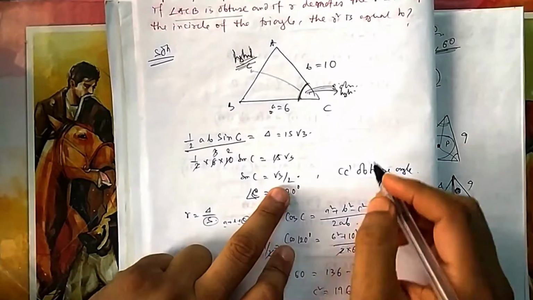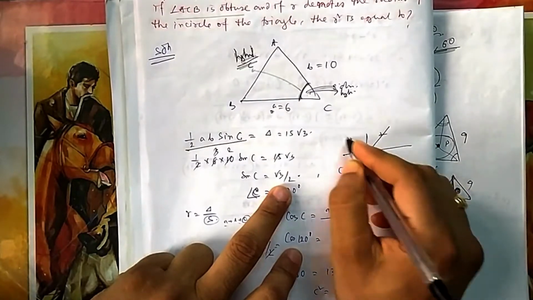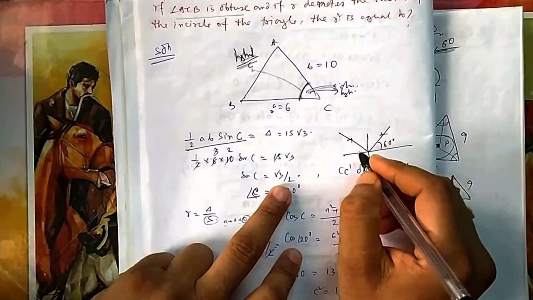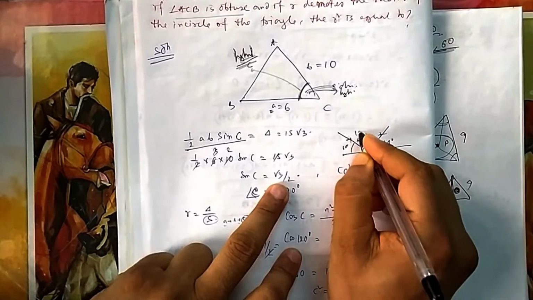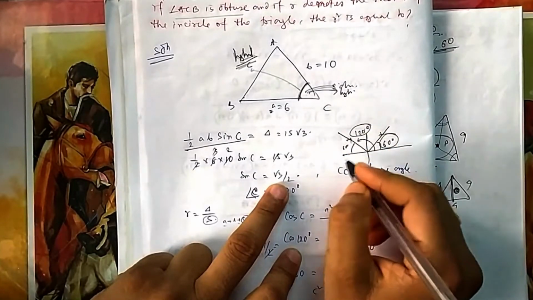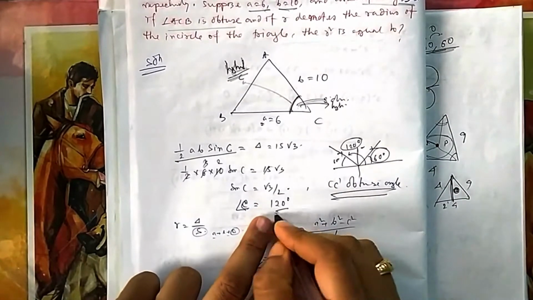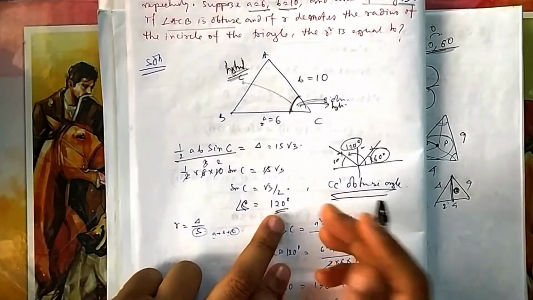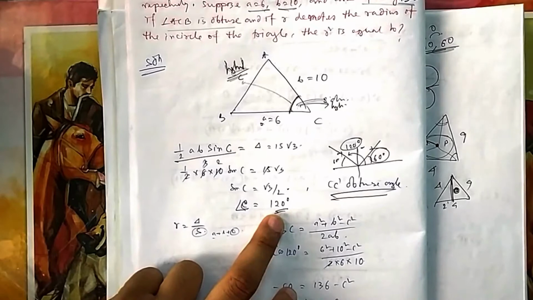Now which C will you get? Sin C is √3/2, and sin is positive here also, here also. So you will get two answers. One is 60 degree, sin 60 is √3/2, and the other is on this side, which is 120. So which one will you take as the answer? You should take 120 because they have given that C is an obtuse angle. So this is the main criterion. If you take 60, it is wrong. You cannot proceed, the entire thing will be wrong later.